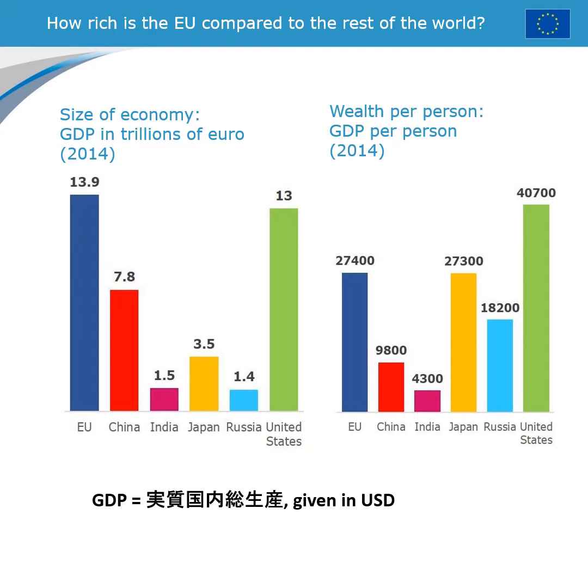If you look at wealth per person, how much money does a person make in a year, if it was, of course, average, if it was fairly distributed. There you see in 2014, EU people made, the average income in a year was $27,400, and it's almost the same as Japan was in those days. The richest country, the country with the richest people definitely is still the United States. So living standards in Europe on average are similar to Japan.